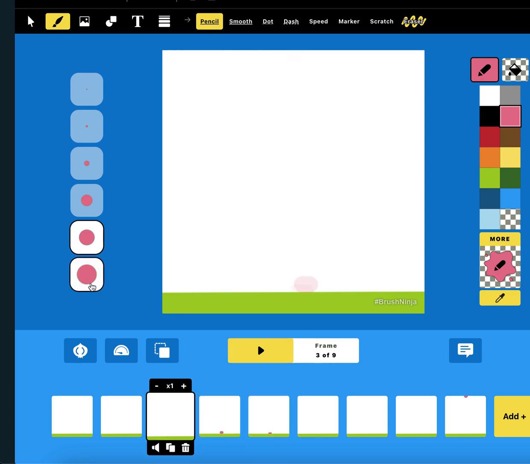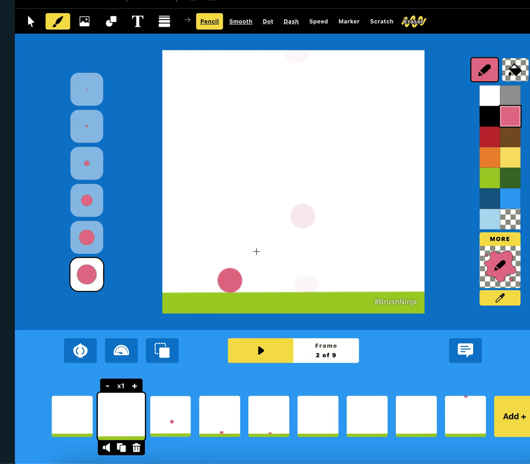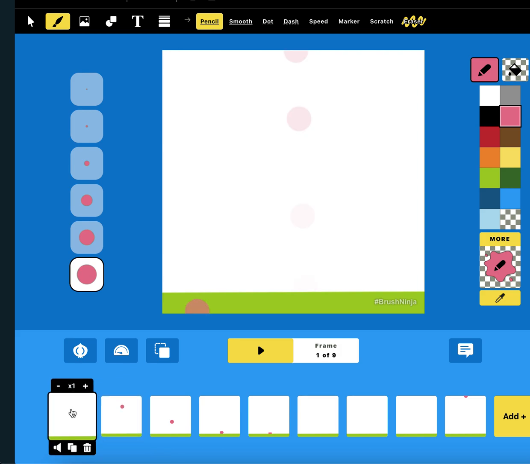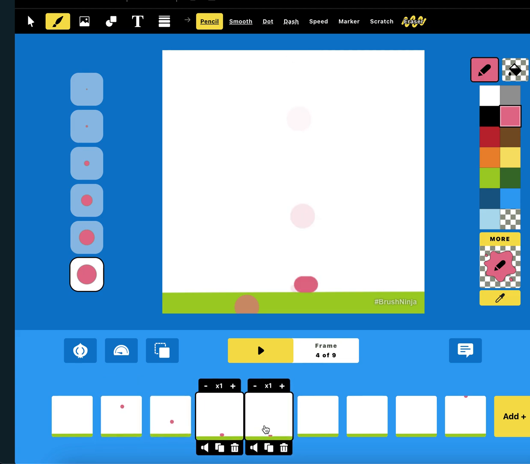And then I can start bringing my ball back up to where it was at the start. So I'm just going to do a dot here and then go up and have a dot here. So now you can see sort of the line as it goes, as it drops down, squishes,